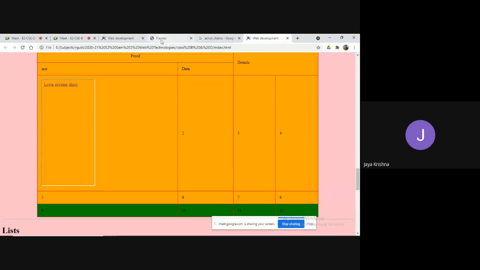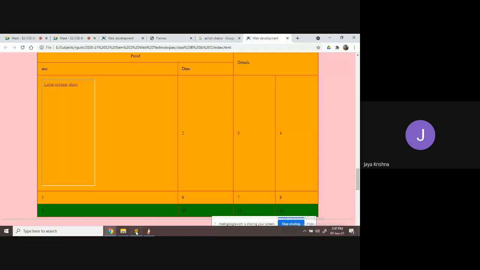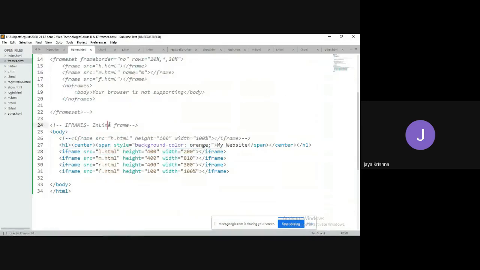Whereas coming to frames, it is not possible to write that kind of structure. You should not write this inside the body. As you are not going to use the body tag, you can't use other HTML elements wherever you are using the frameset tags. So that is the drawback of frameset. That is why we are moving to the body tag. And all the advantages that are there in the frameset tag, you will get here.